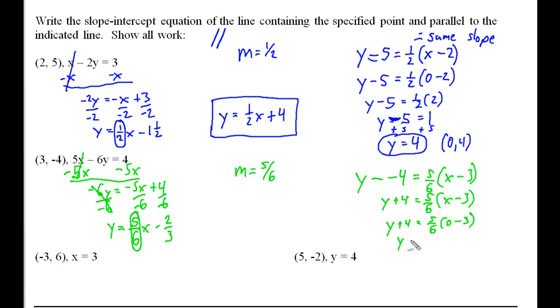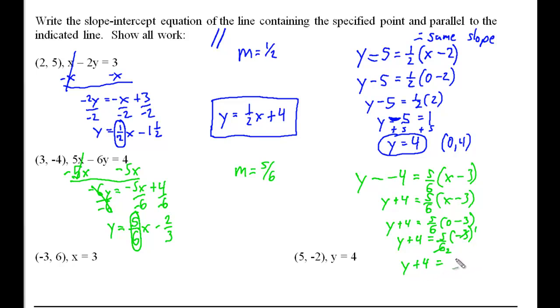So therefore, y plus 4 is equal to 5/6 times negative 3. Now, this is going to be a little bit of a weird fraction, because the top times top and bottom times bottom is going to make the numerator negative 15 over 6. But we can do a little cross-canceling or cross-simplifying here. So we can turn this into a 1 by dividing by 3 and turn this into a 2 by dividing by 3. So now I have y plus 4 is equal to,